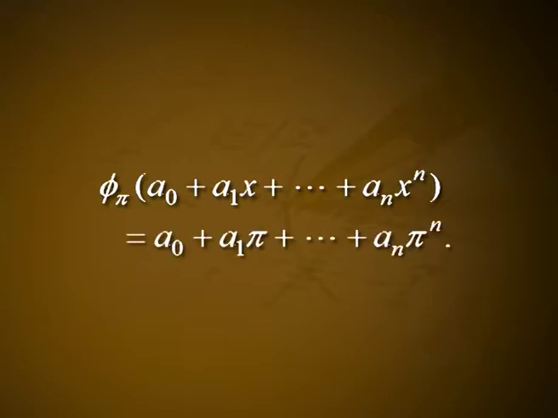Here phi pi of a naught plus a1x plus etc. plus a n x raised to n is equal to a naught plus a1 into pi plus etc. plus a n into pi raised to n. We note that a naught plus a1 into pi plus etc. plus